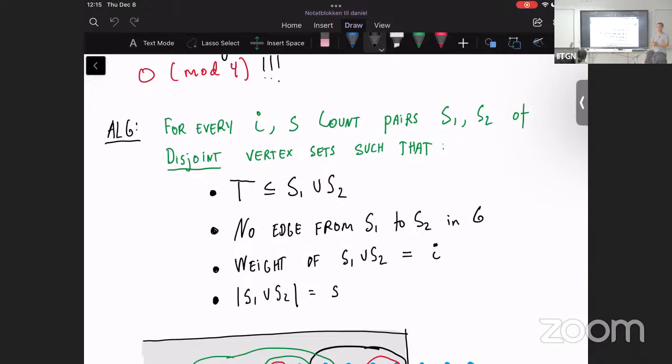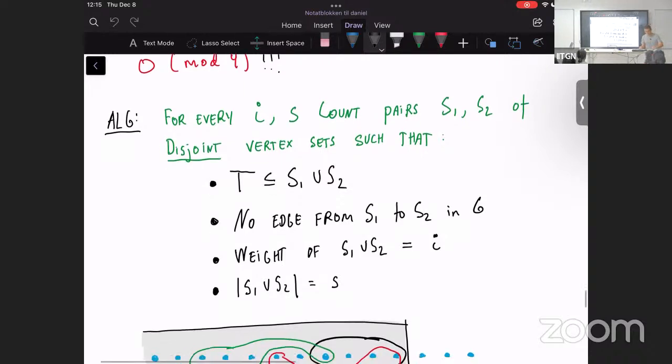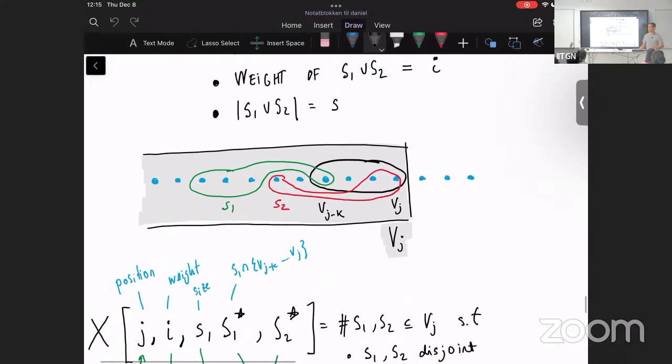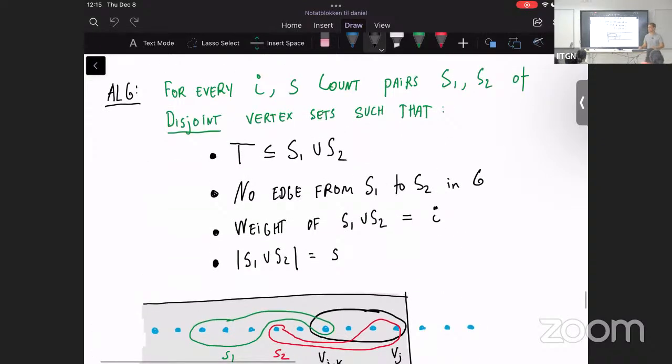If this is 2 mod 4, there's a Steiner tree of that size and weight. If it's 0 mod 4, you don't know. Maybe there is an even number of them, but you don't know. But for the minimum weight, there is exactly 1, so you're going to see 2 mod 4. Okay. So now all that's left to do is to count these things.